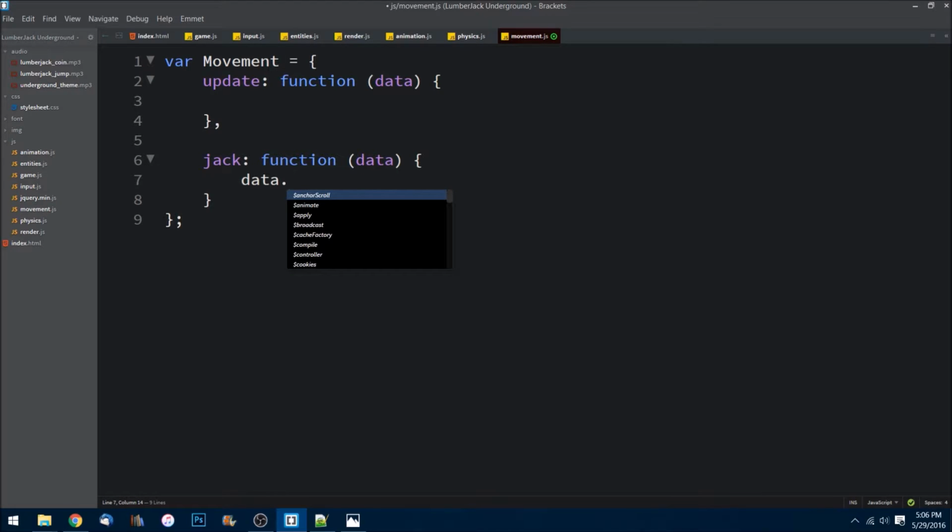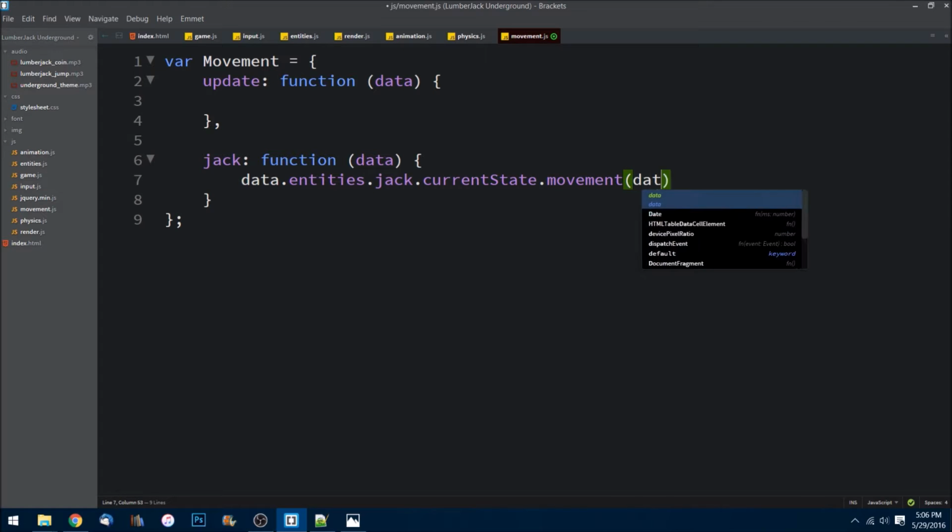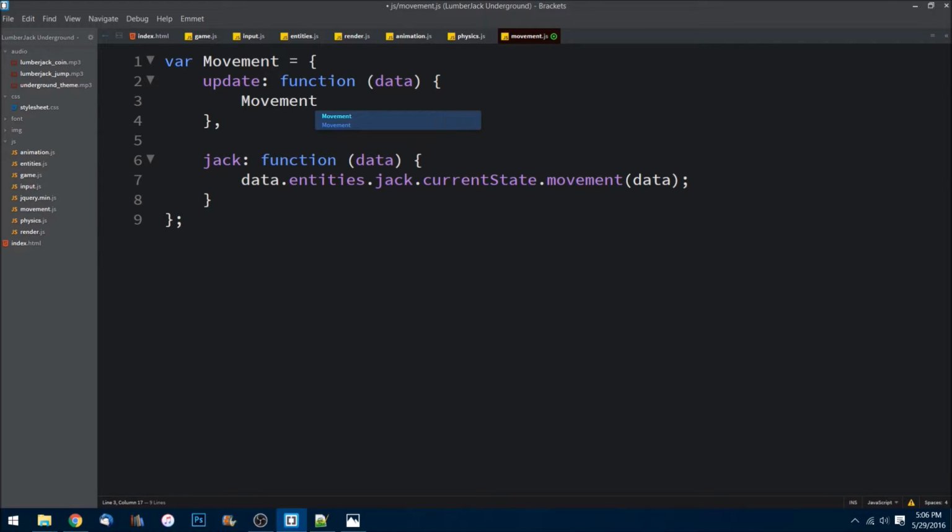And it's going to be data.entities.jack.currentState.movement. And again, doesn't matter what state he's in, it has a movement method that's going to be called every single tick, and it's going to handle itself. That is the beauty, folks, of a state machine. We'll call it up here, movement.jack,